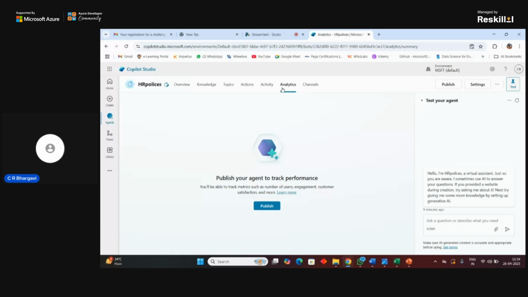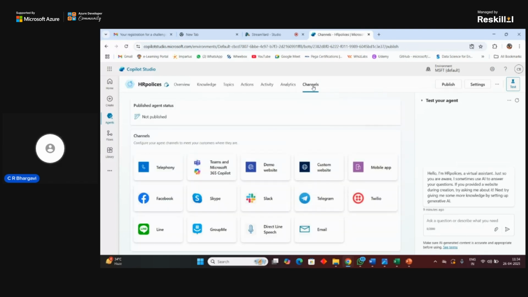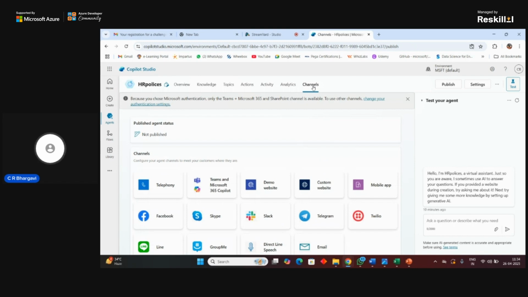And channels is for when you want to connect it with different channels. You would come here and publish it under Teams, Microsoft 365 Copilot, your own custom website, Telegram, Slack, or anything of that sort.